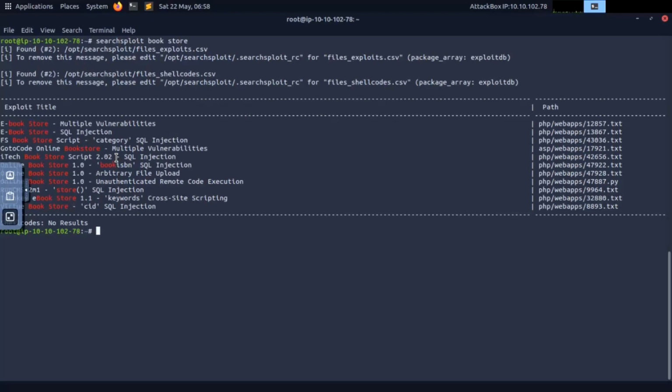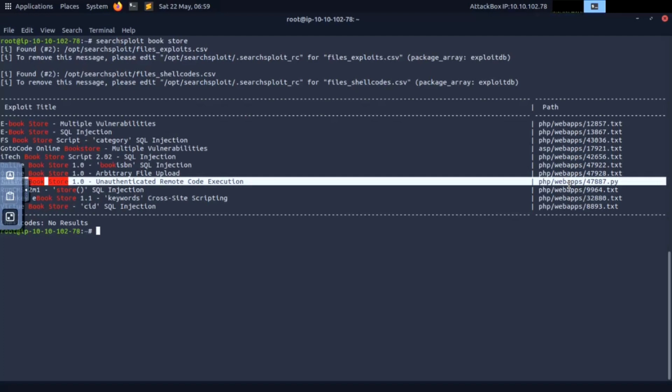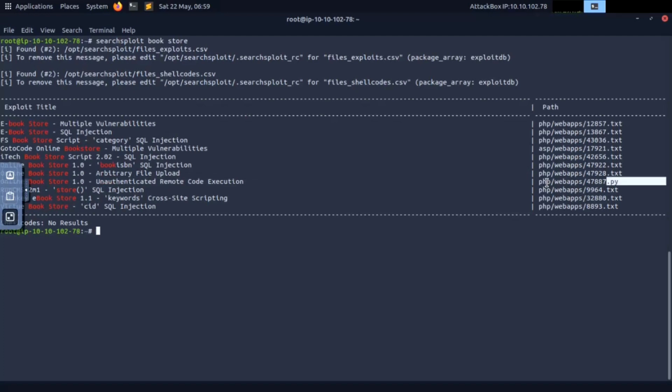Now we need to get shell access. For that we will use the RCE vulnerability. So it is an unauthenticated remote code execution vulnerability. We already copied its payload, but if you want to download it from searchsploit you can use the searchsploit -x command. So I'm just going to use searchsploit here, then enter the command searchsploit -x to download.